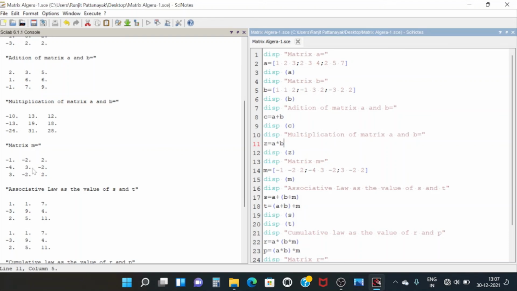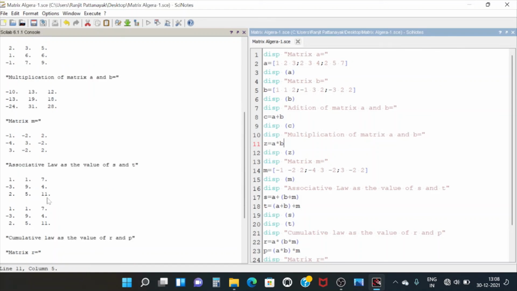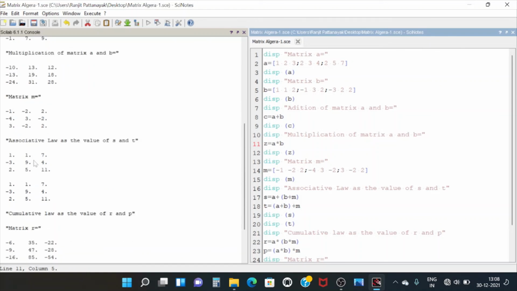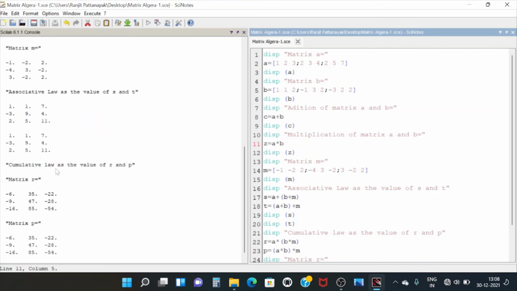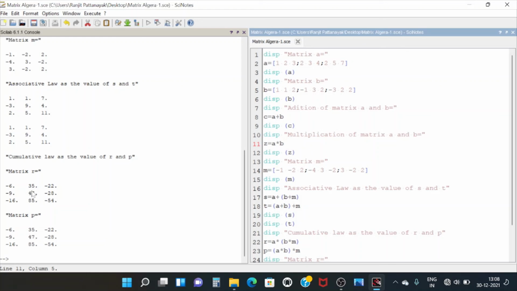Matrix M, that we have defined, has been displayed, and associative law is proved. This S matrix equals T matrix, and here cumulative law has the value of R and P as this one and this one. Here you can see the values of R and P are the same. So cumulative law also holds good for your matrix algebra.